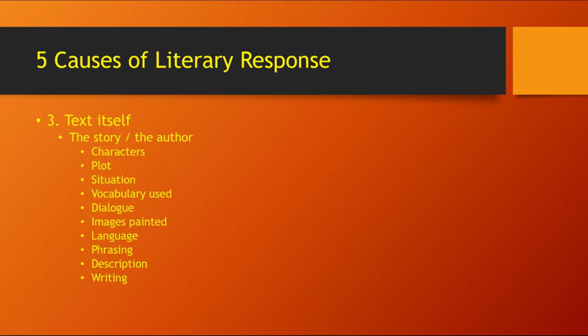The language used, as I said, the phrasing, maybe just the rich descriptions, whether they are of characters or situations or just the surroundings. We're going to read, if we do, Of Mice and Men. John Steinbeck uses some just poetic descriptions of the scenery. And then all of that, I would say, is the writing of the author. All of this is the text in and of itself. This is obviously huge. The way the story is spun has an enormous determining factor in your response to it.